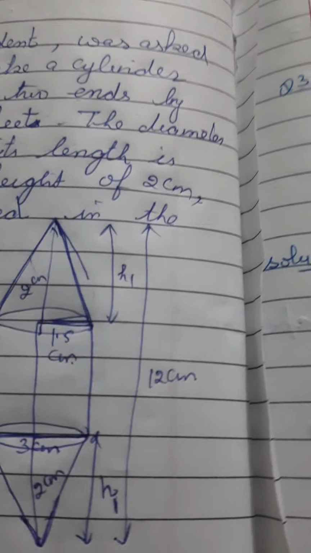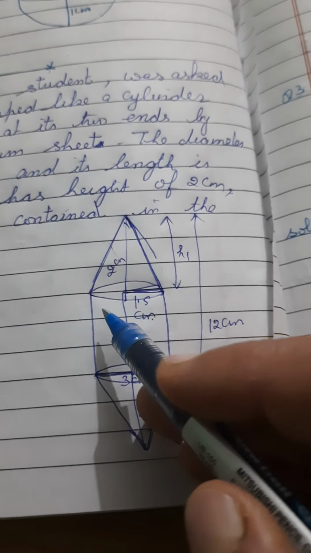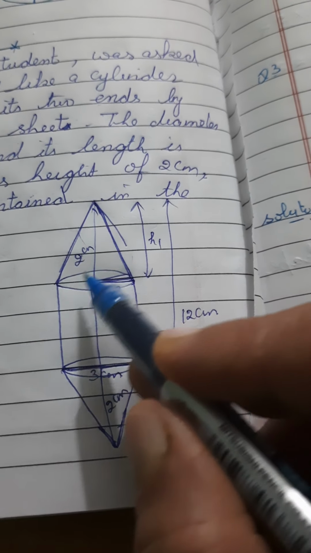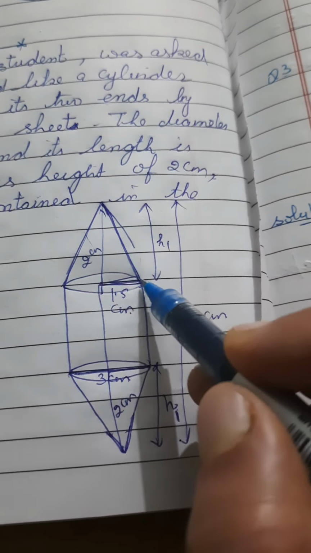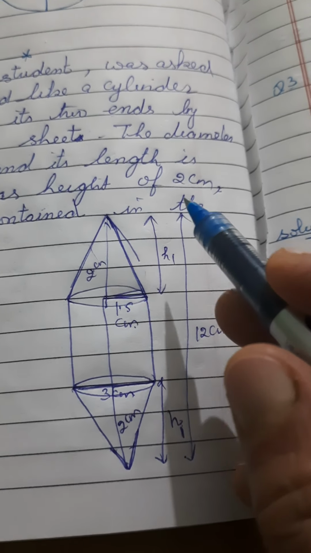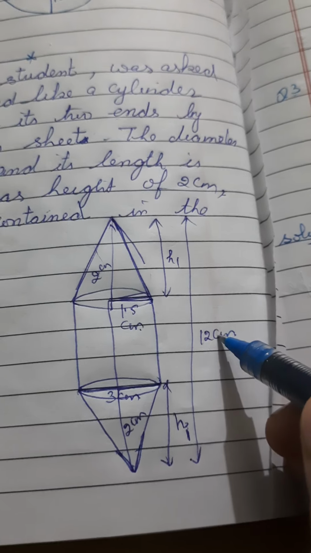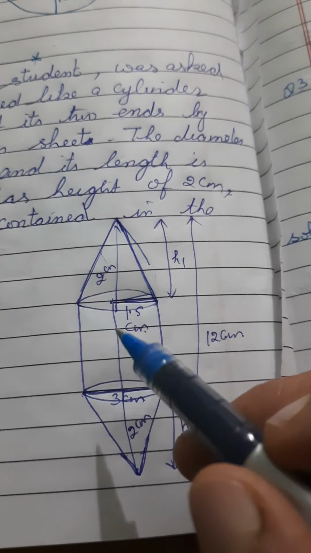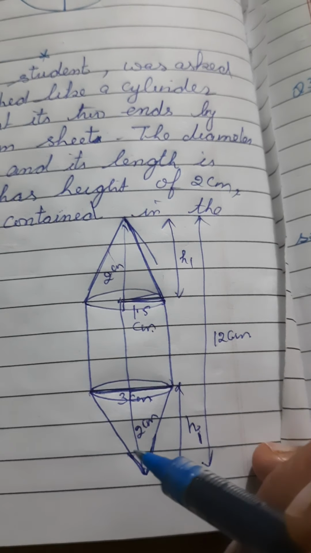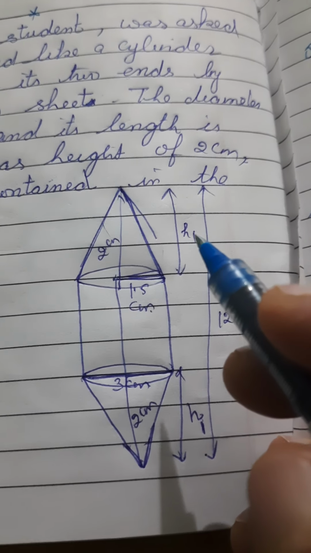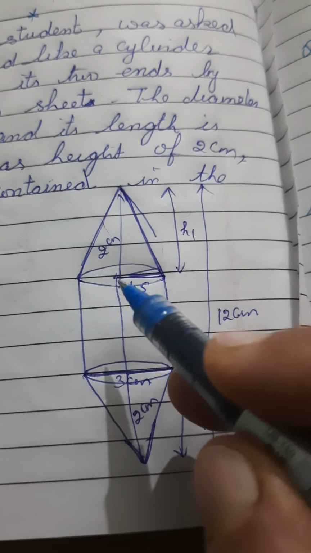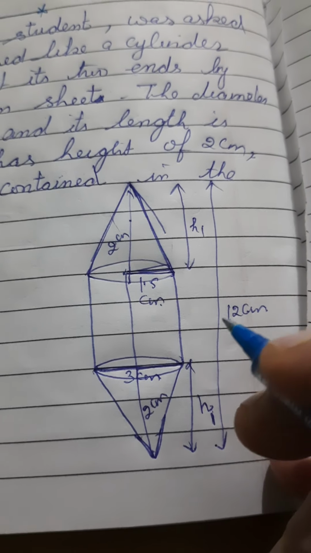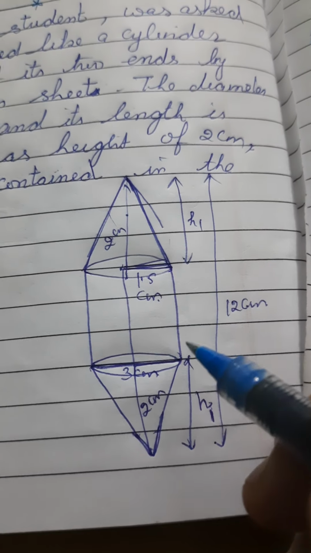Now see what is given in this question. There is a model in the shape of a cylinder having two cones on both its ends. This is the cylinder and these are cone 1, cone 2. The whole height of this whole model is 12 centimeter. The height of each cone is given to be 2 centimeter. Now we have to find the volume inside this whole figure. To find it, we will find the volume of cylinder plus volume of cone 1 plus volume of cone 2. Then we will add all of these volumes.